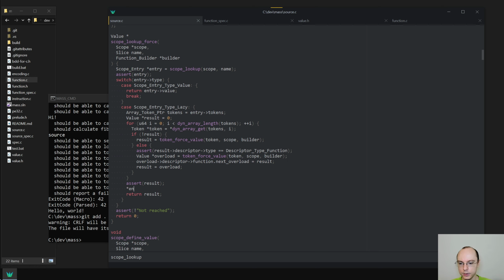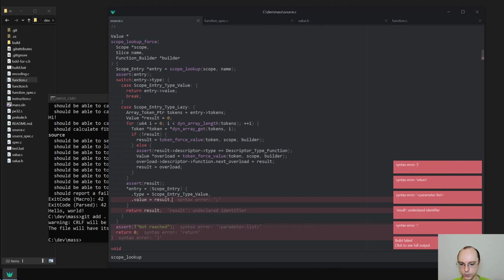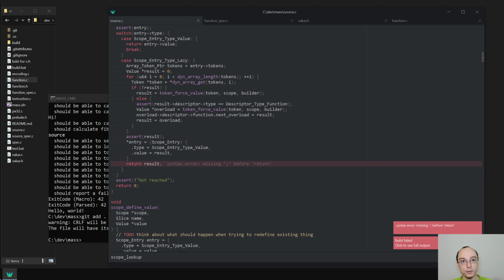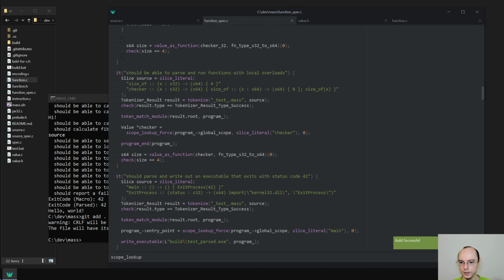We need to say star entry is scope entry and type is scope entry type value, right? And then value is result. This is also quite important, because previously if we would call a function twice, we would create two functions,